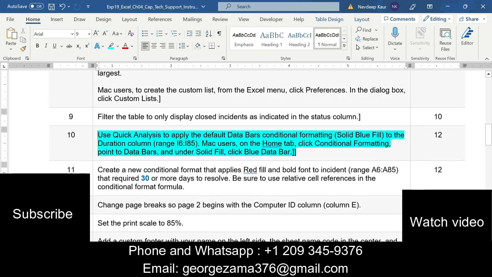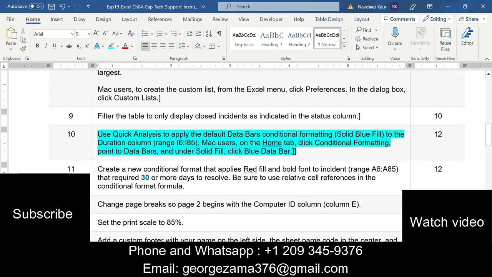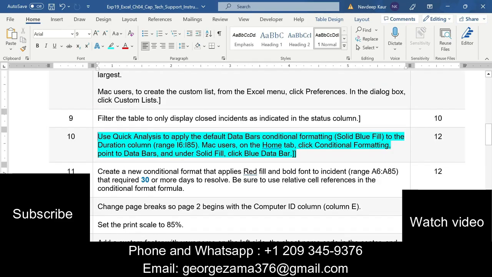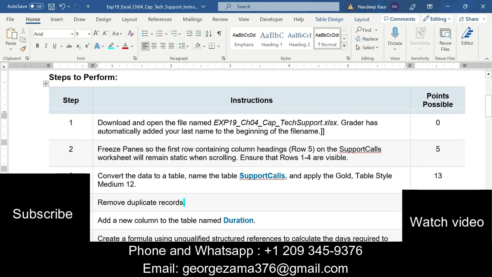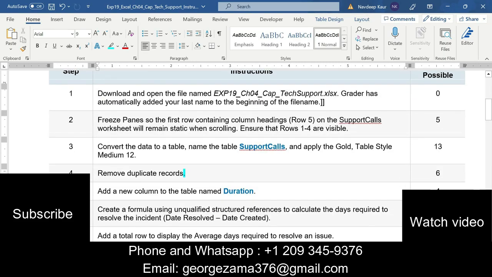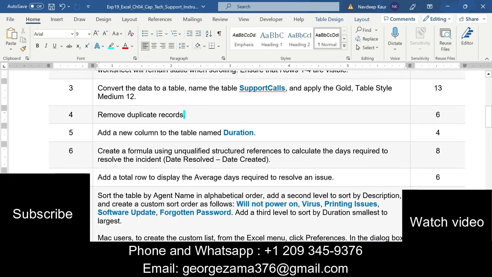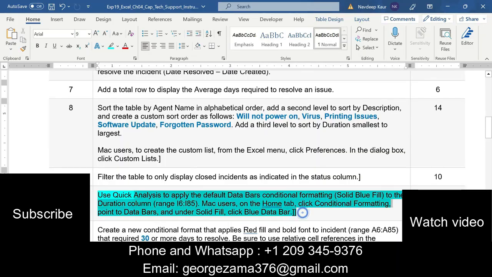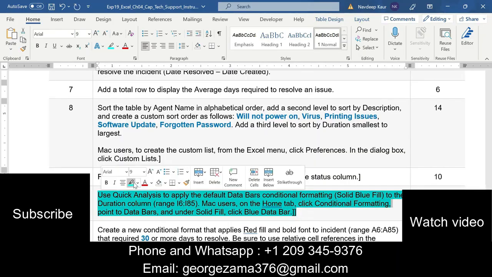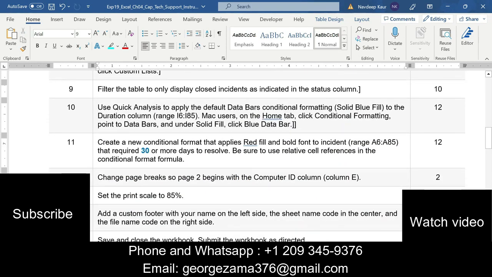So basically I have shown you 10 complete steps for this assignment, and only 4 steps are left for this assignment. And now I am going to show you the final version for this assignment so that you can match to this one. If your solution is matching to this one, then you are going to get 100 out of 100. So I have shown you 10 complete steps. For the remaining steps I will just give you an overview so that you can solve those steps on your own.